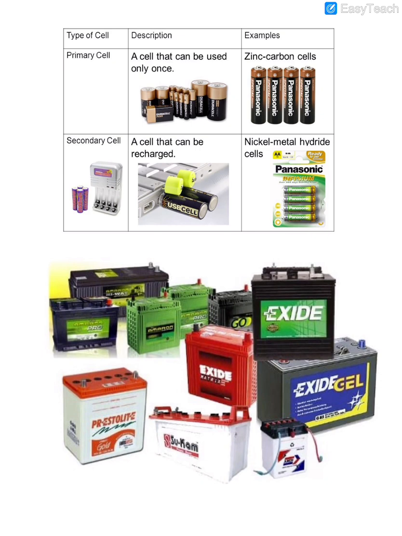So in the primary cell, if you notice here, you might have seen this one actually. This is that Duracell, which they say lasts longer, but they can be used only once. And then these are zinc carbon cells, Panasonic, Eveready, any of those brands, which can also be used once only. So whichever you cannot recharge, basically those are primary.